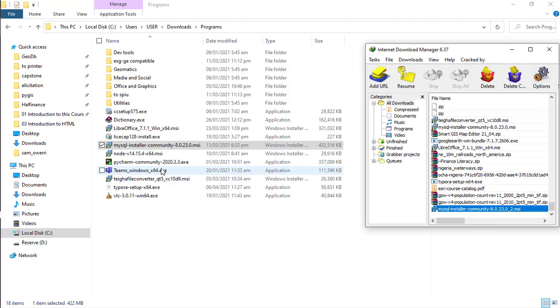So once you download it, you run the installer and follow the prompts. Ensure you click on start the server automatically. There's an option when you're installing it. If you don't click on that option, you have to be manually starting the server every time.